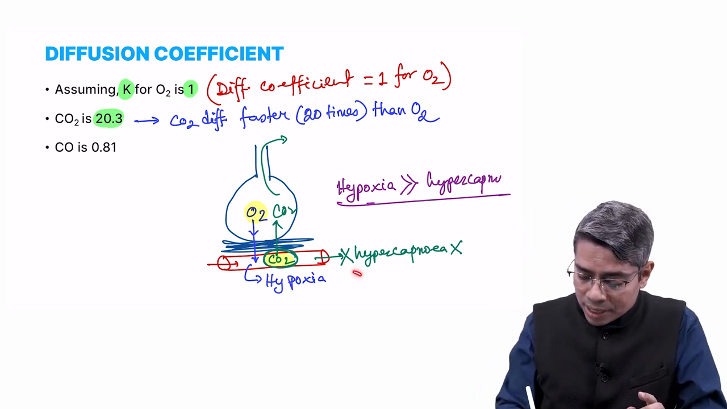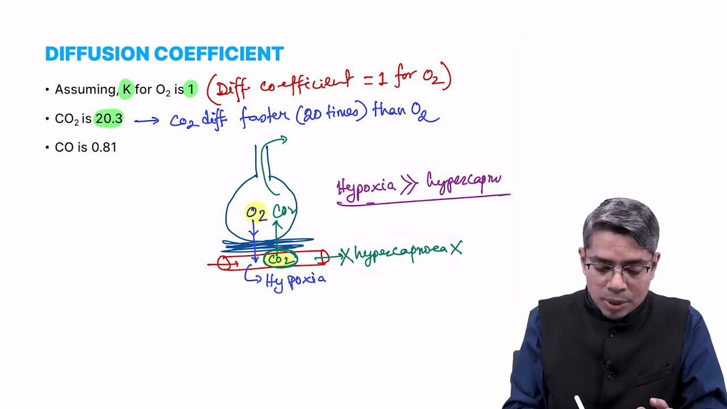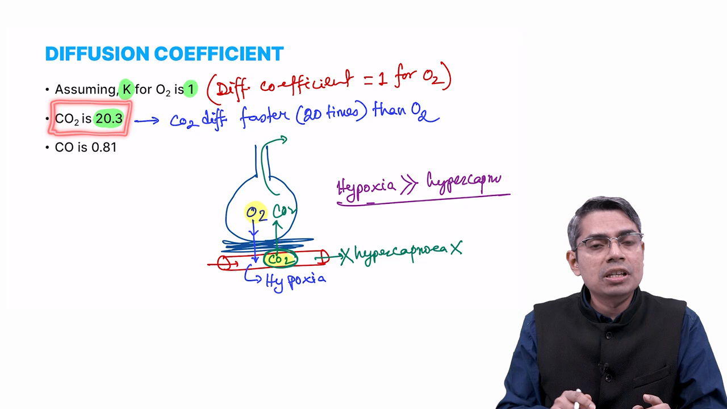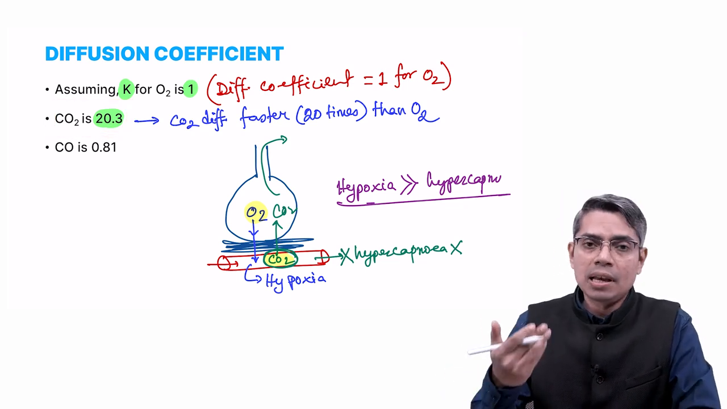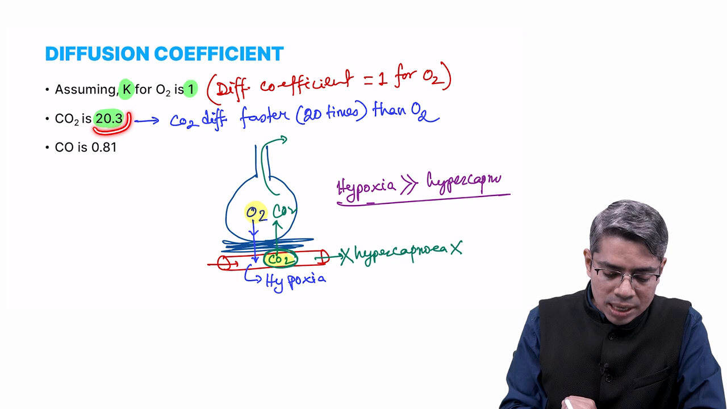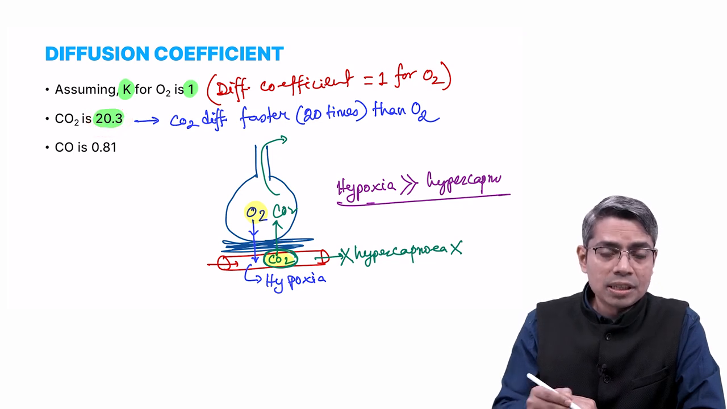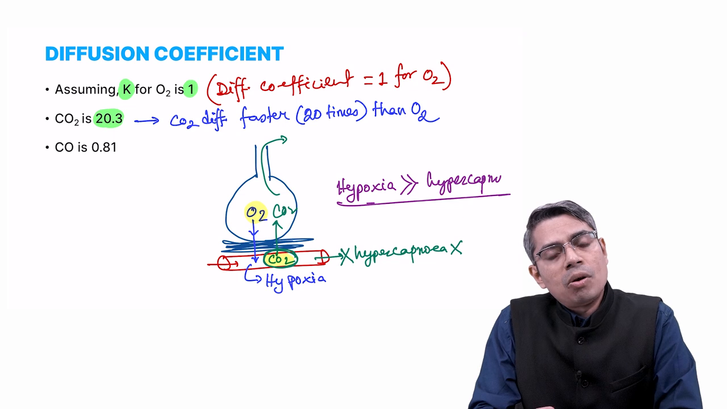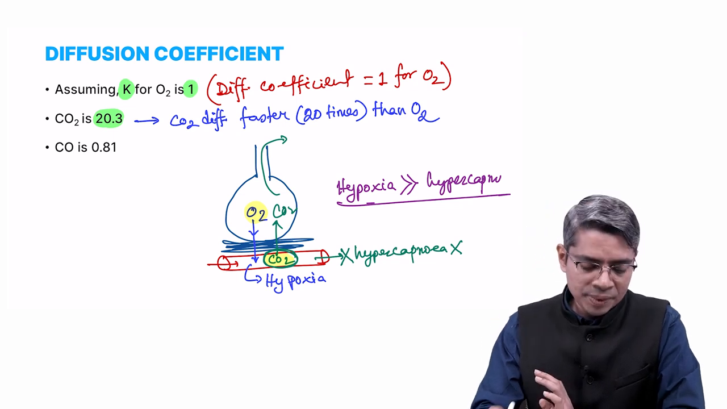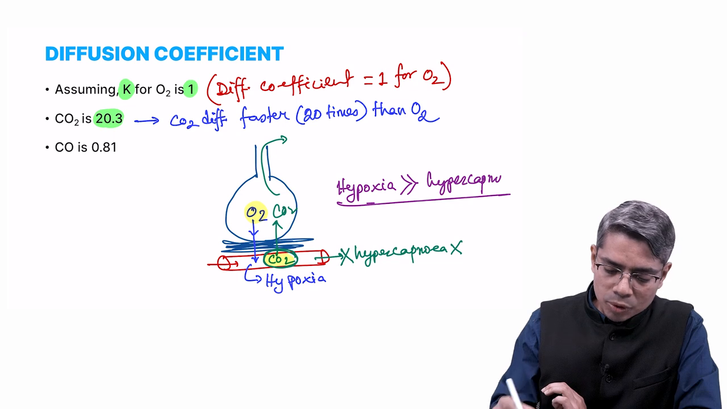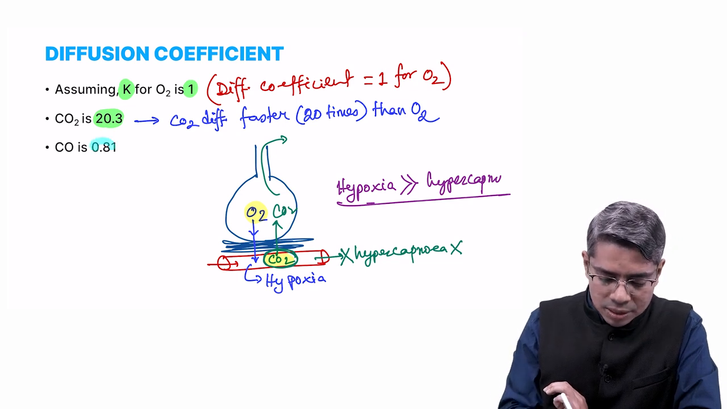Otherwise, hypercapnia is not that common because the diffusion of carbon dioxide is 20 times faster than that of oxygen. And why is that? Because the carbon dioxide diffusion coefficient is 20 times more than the oxygen diffusion coefficient. Got it? And now the last thing is that the carbon monoxide diffusion coefficient is